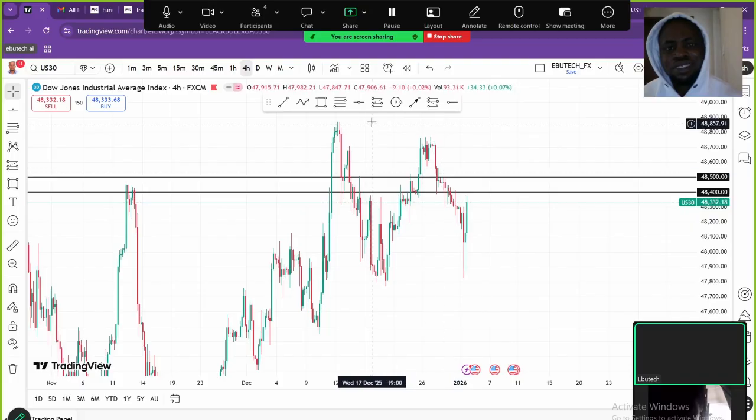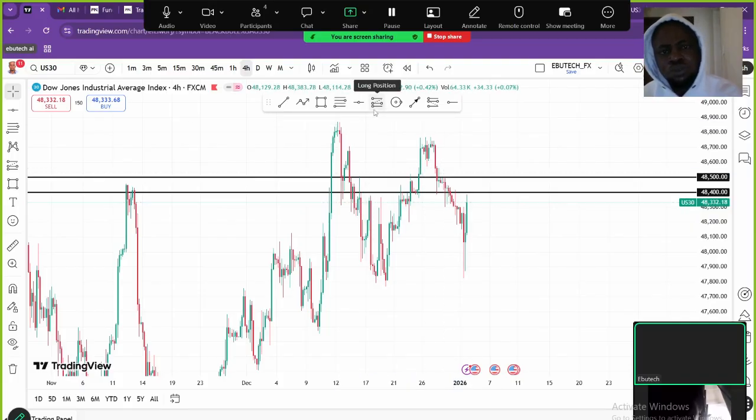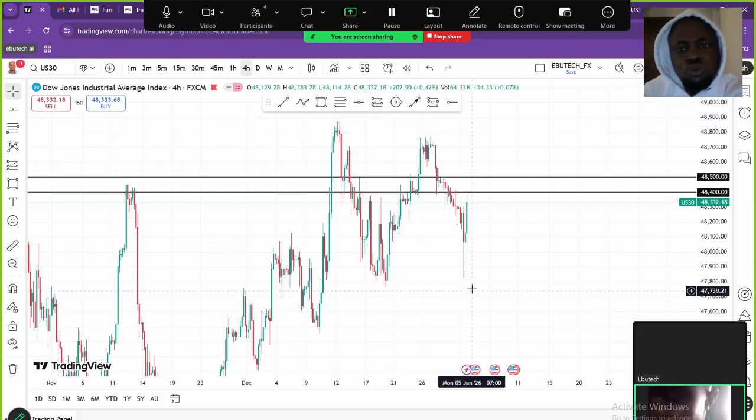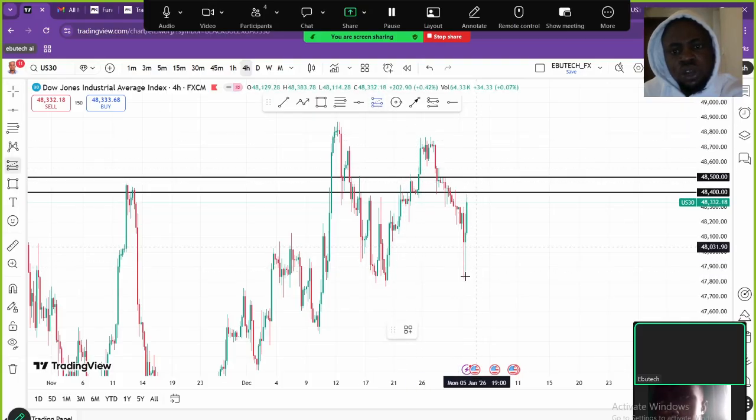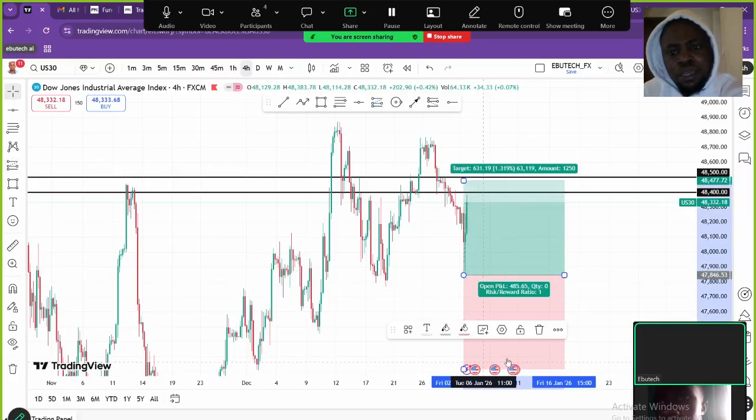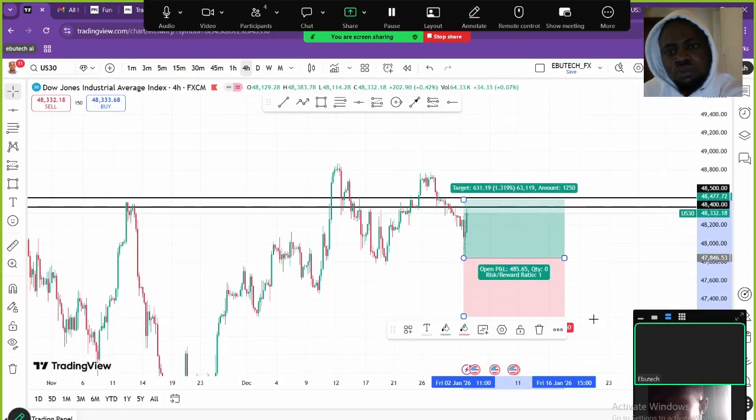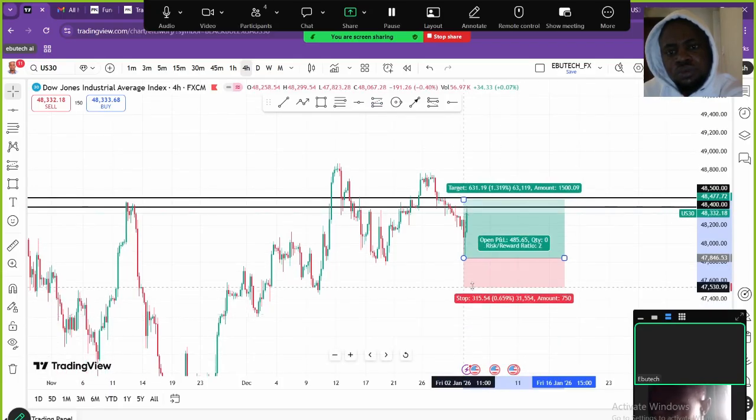So the next important tool that we use is the long position. What's the long position? The long position is for you to mark out where you'll be entering the trade and identify your stop loss. The long position is for buy, where you'll be entering your trade and where you'll be closing your trade. For instance, this,